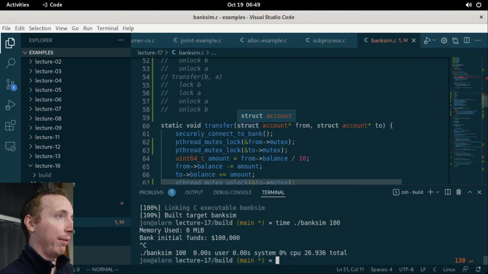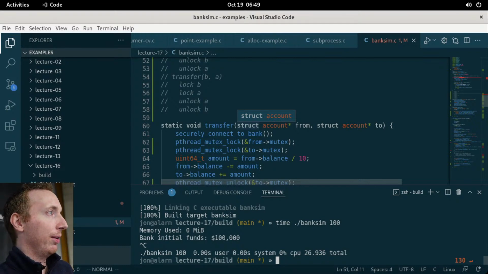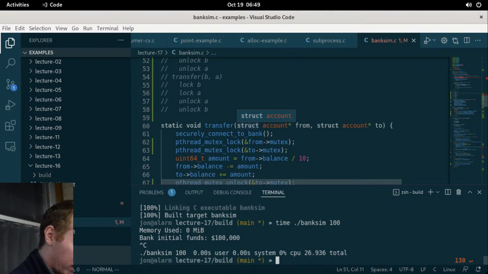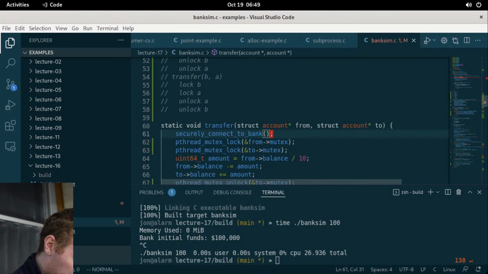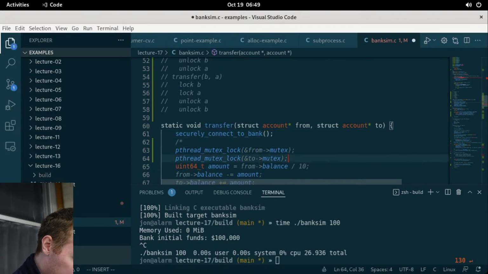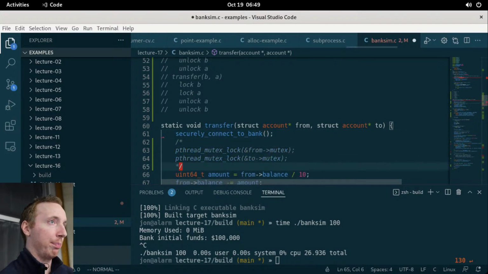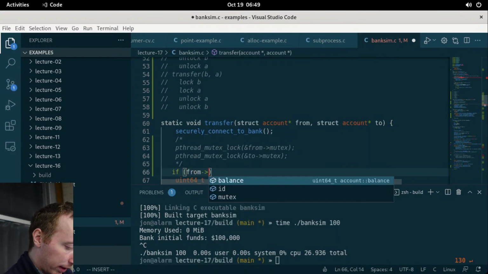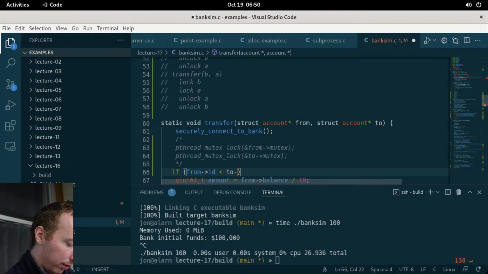Yeah, so ensure every time the order, which I think is what you said too. So one order I could do is just, okay, I'm going to keep this for a second. All the account IDs are unique, so I could just check the account ID. So if from is less than to ID,